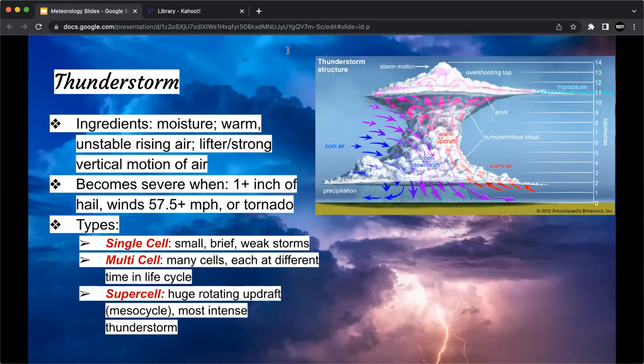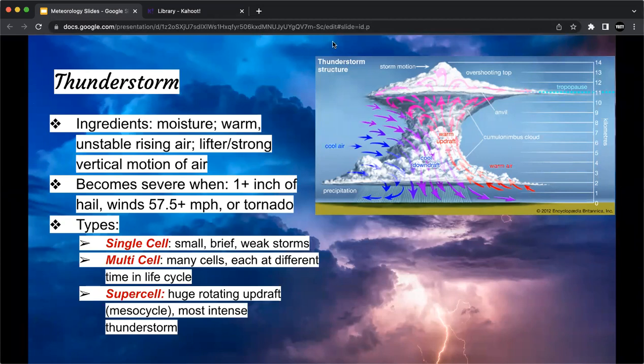The air must be unstable and rising, and there must be a lifter of this air. And there are many thunderstorms, and they become severe when they meet one of these requirements: when there's more than 1 inch of hail, when the wind speeds are greater than 57.5 miles per hour, or when a tornado